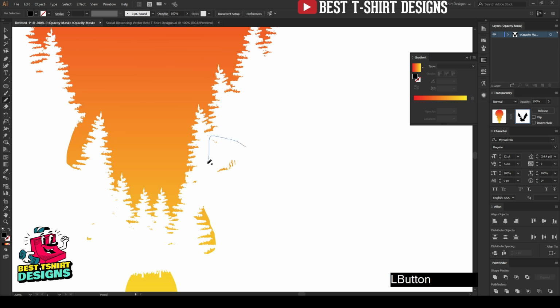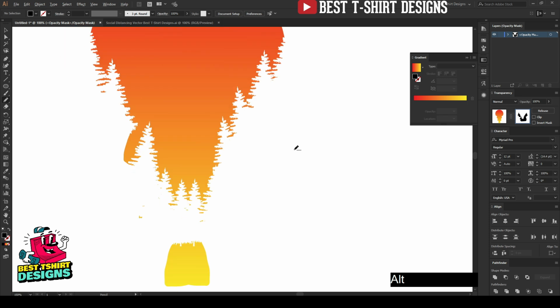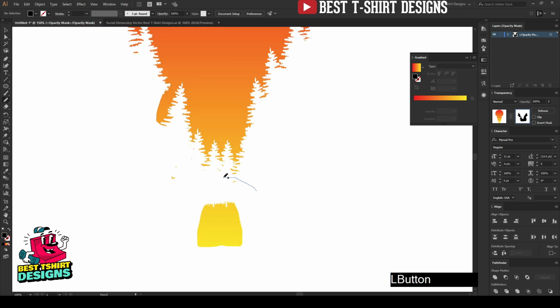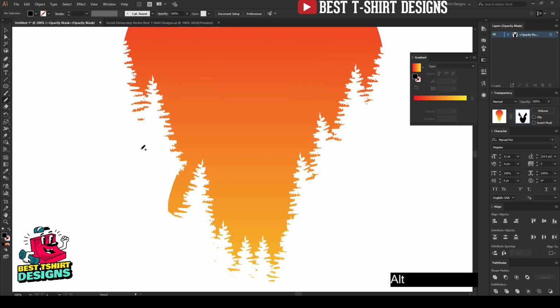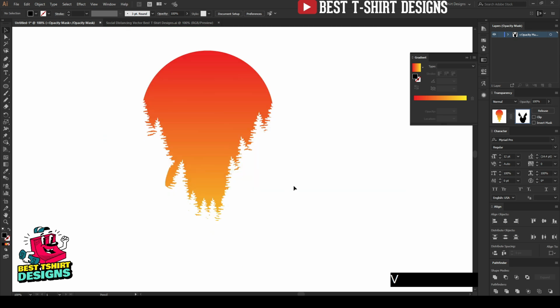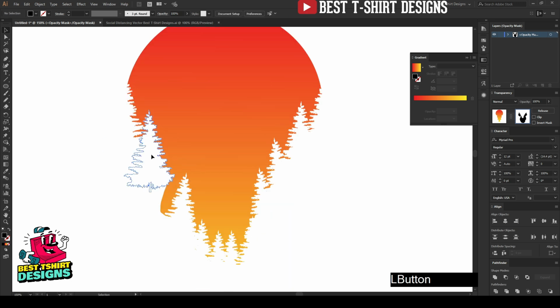You can see whatever I don't want, I can simply erase by drawing a shape there. I am not basically erasing anything, I am just hiding. So hiding that makes it look like erasing. We are inside the transparency, so whatever we do here is going to look like this, but don't worry about that. So let's say I want to make it smaller here, like this,